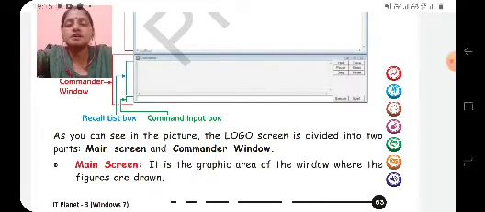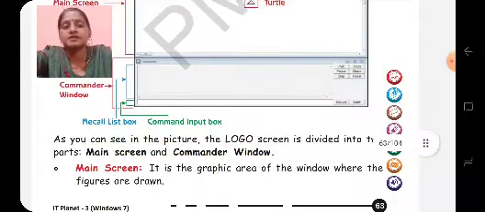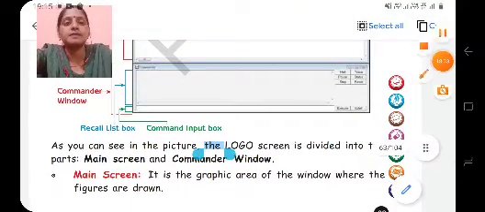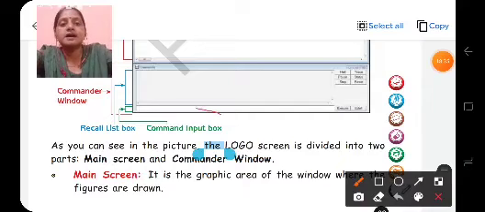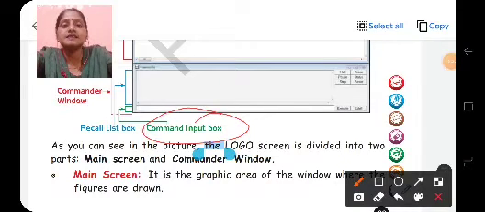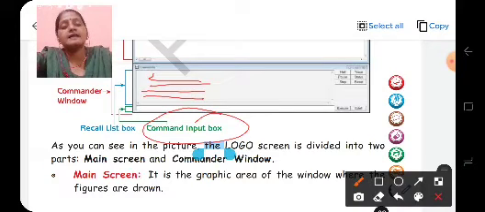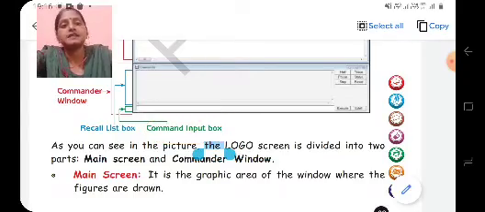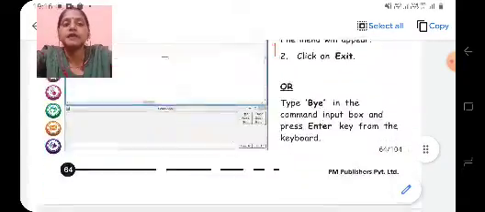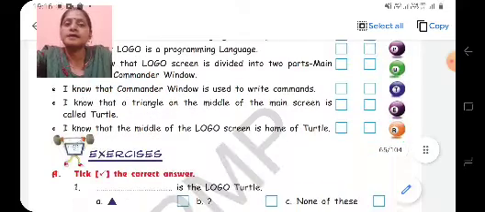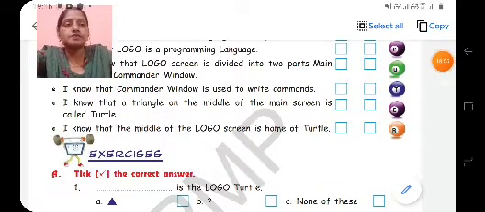Recall list box का मतलब होता है कि जब हम command देते हैं command input box से, when we give command with the help of command input box, the commands get recorded here one by one. The commands get recorded here, and after the commands are complete, we get a figure in the main screen. हमें मेन स्क्रीन में एक फिगर जिसके लिए हम प्रोग्रामिंग कर रहे थे वो बन करके हमारे सामने आ जाता है. So next one is, children,